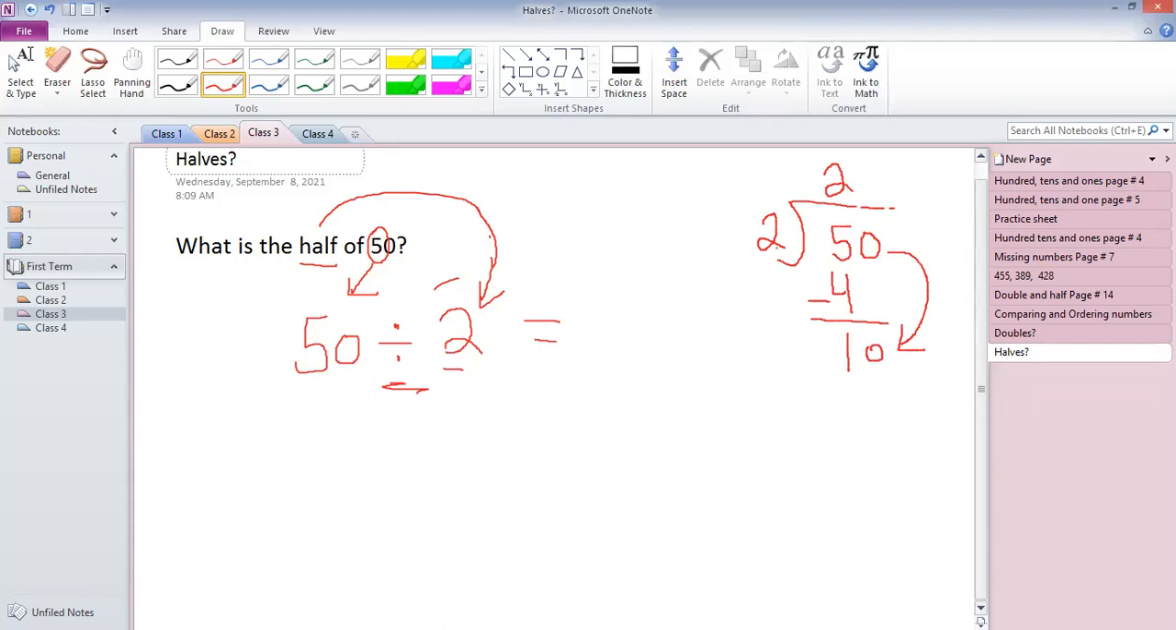Now you will check the table of 2 again. 2 multiplied by what will give you 10? 2 by 1 is 2, 2 by 2 is 4, 2 by 3 is 6, 2 by 4 is 8, and 2 by 5 equals 10. And 10 minus 10 equals 0. The answer is 25. That means 25 is the half of 50. You will write 2 and